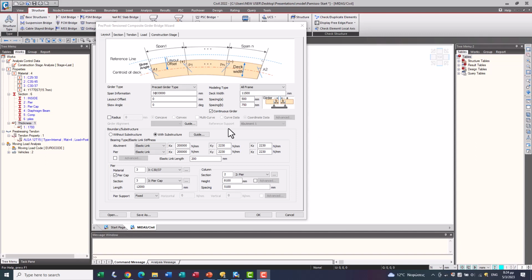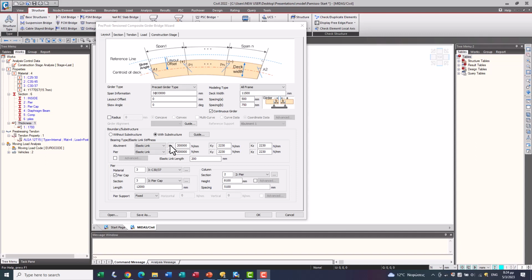Bridge wizard starts with a basic geometry of the bridge. Firstly, the user will see the Layout tab when using the wizard. Here we can choose a modeling method for the superstructure and whether to include elements for the substructure or not. For this bridge, the general geometry is set up with the piers to simplify the process of building the rest of the substructure, such as piles and caps.